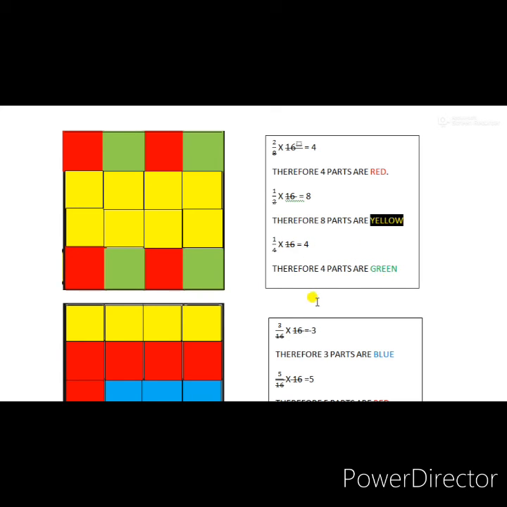Now see, students, how I have given the pattern. The pattern used is alternate columns: the first box given red, then green, then red, green, and below the top I have given the same way. In the same way I have given it at the bottom also. Red, green, and red, green, in alternate column boxes. Now the 8 boxes of yellow color I have given in the middle part.